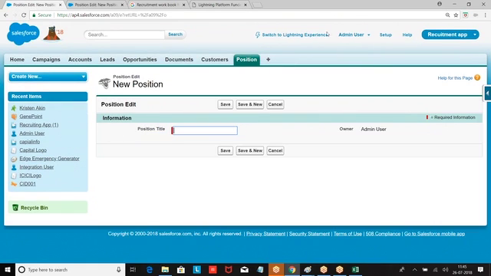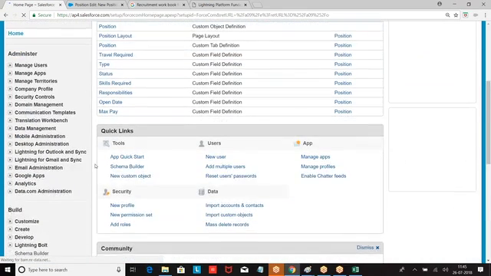Go back to the object again. We didn't take care of adding two columns. Probably one column is selected.